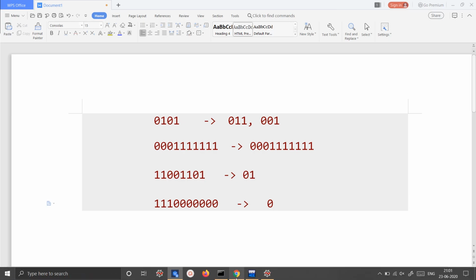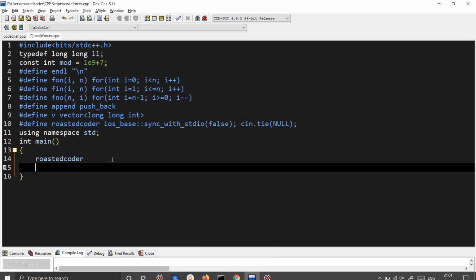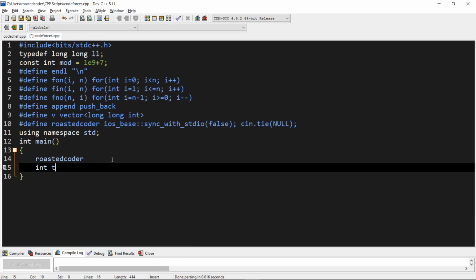So let's code our solution. Let's take t test cases.